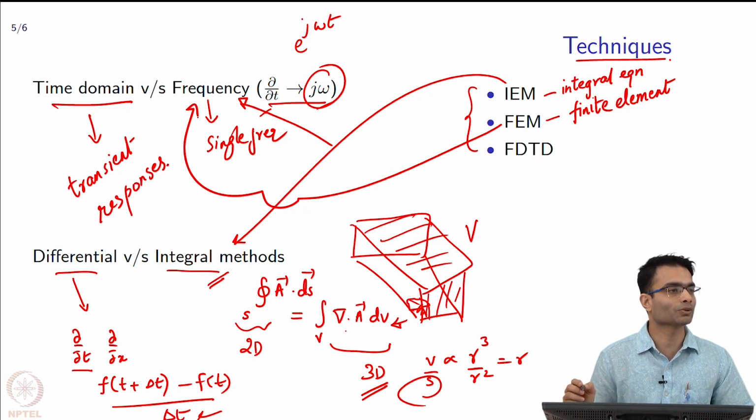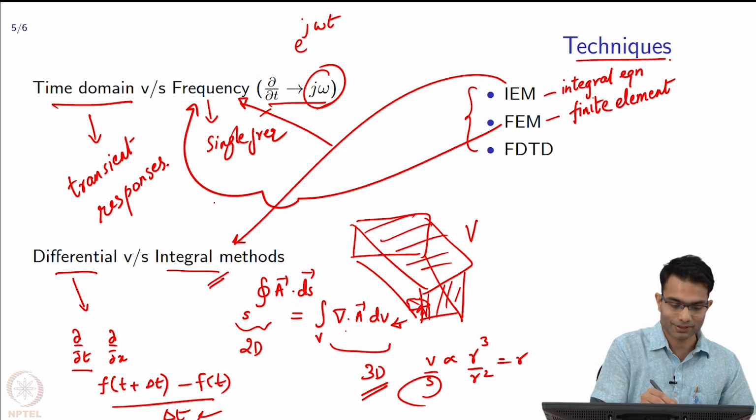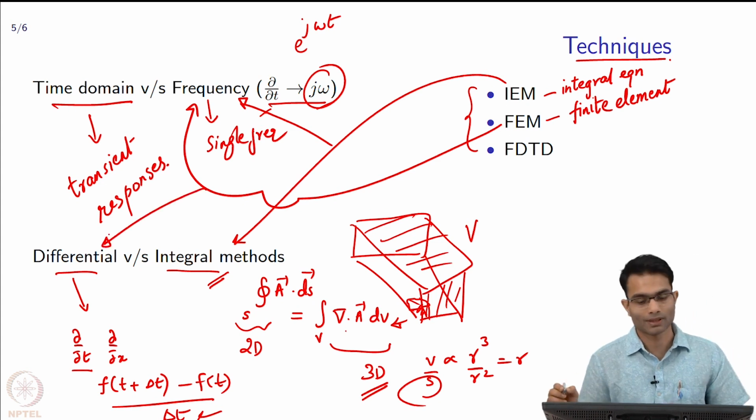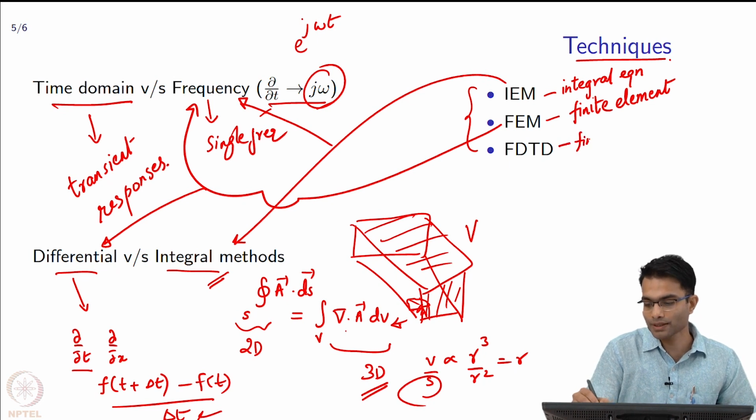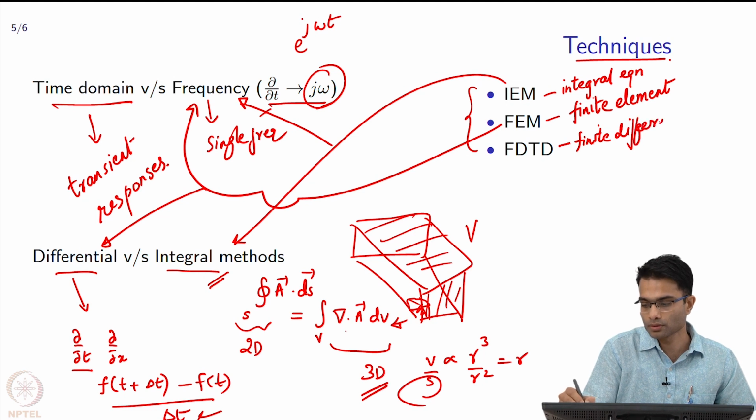At least the TS should be able to answer differential, right. So it's in the differential form. And finally we have FDTD. So that's finite difference time domain,